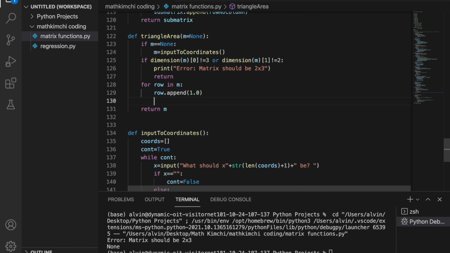Now actually first of all, I'm just gonna change this because that makes more sense in my head. You know what, let's say matrix should be